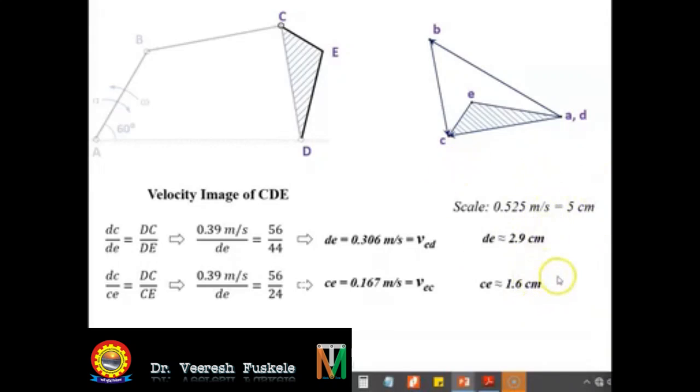link or any offset point, and this is how you use the geometrical instruments to draw the velocity diagram. I hope now it is easier for you to draw the velocity diagrams. So now you can practice with the other examples. In the next lecture, we will see how to draw the acceleration diagram of the same problem.